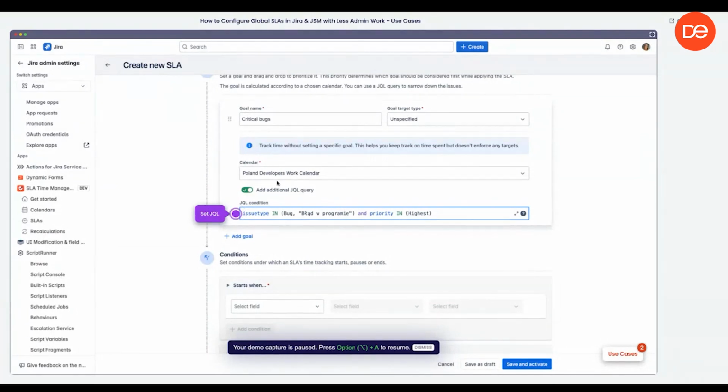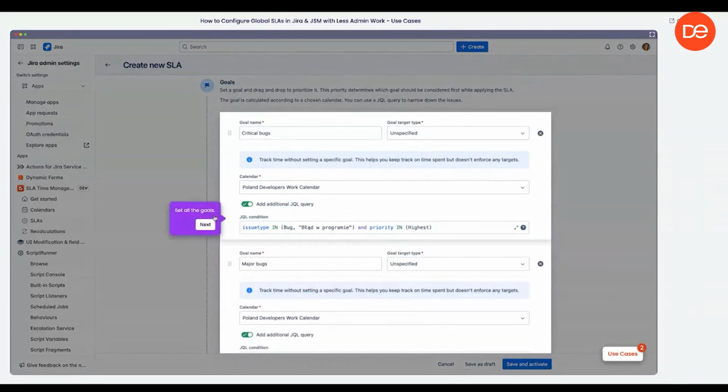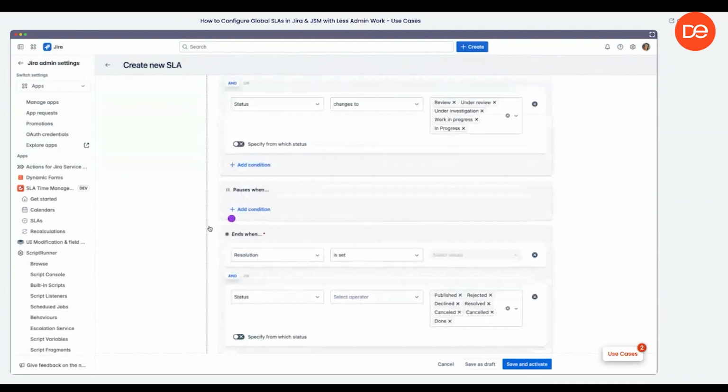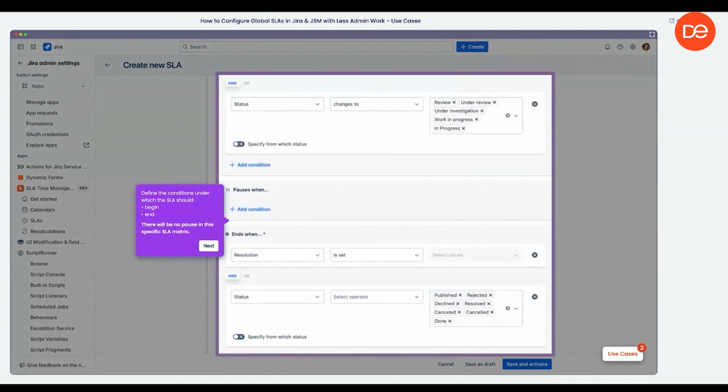We've put here the Poland developers work calendar because we still need to know how much time during working hours Poland developers spend working towards resolution, for example, in specific tasks. And we set the JQL as well, as in the previous SLA, if this goal needs to be for specific work items. Of course, I've duplicated and set all the goals in here, and I'm defining the